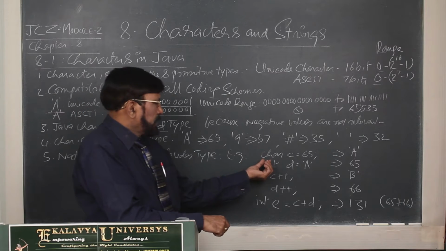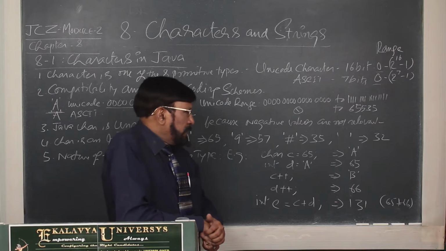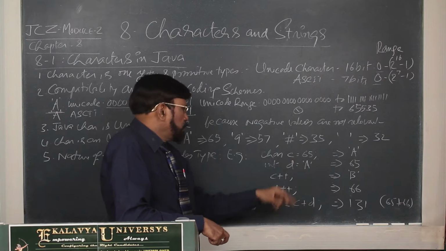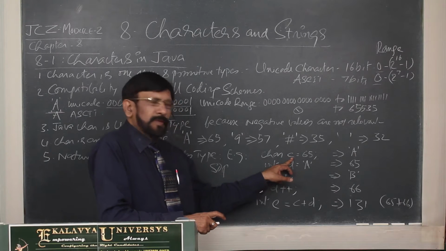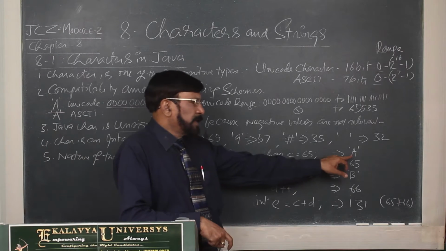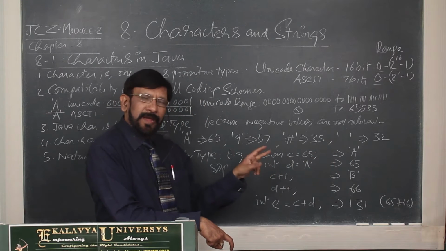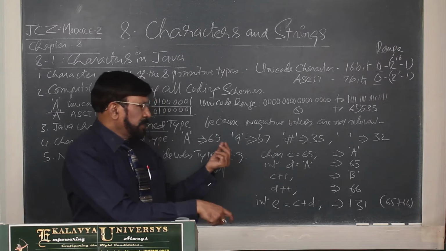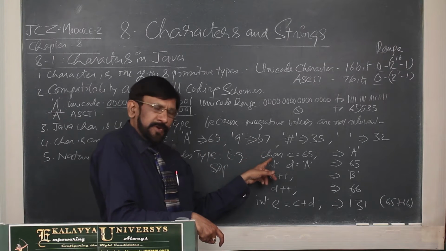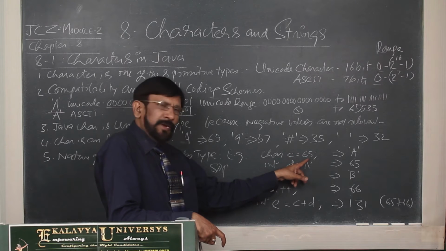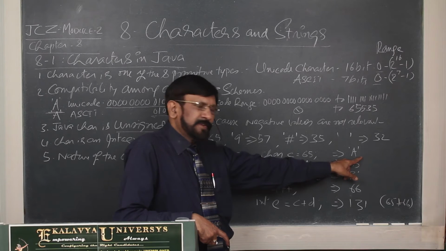Now you see, char c = 65 I made. Now whenever using an SOP statement, if you write c's value, what output do you get? You get A. Why? You are defining it as char. So your intention is known. Compiler can understand your intention. You want to treat this integer value as a character. That's why it prints A.